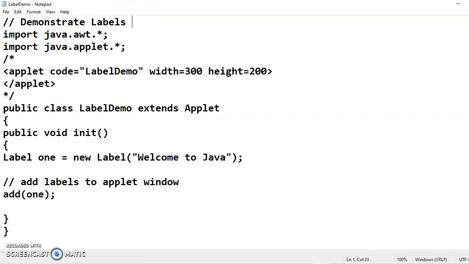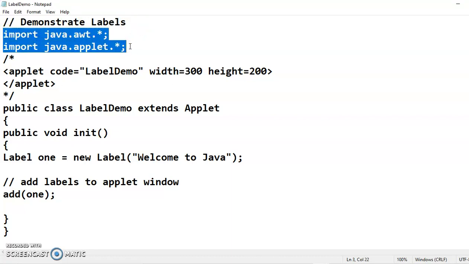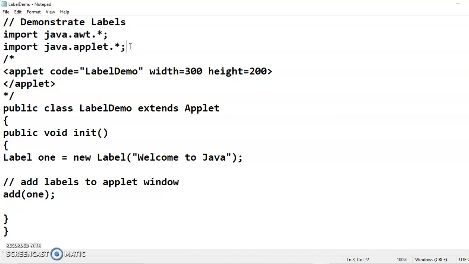Now the next important step in any Java program is to import all required packages. As this program is related to AWT controls, we need to import the package import java.awt.*; and there is a semicolon. Star indicates all the classes which are present in the AWT package should be imported. Similarly, as we are writing the applet program, we need to import the package which is related to applet. So the package which is related to applet is applet. So import java.applet.*;